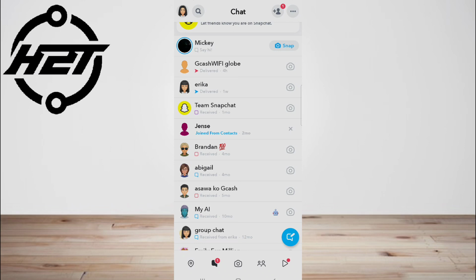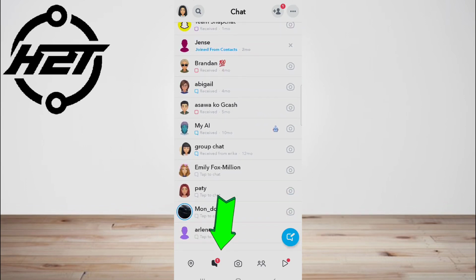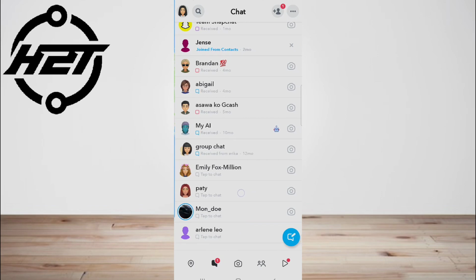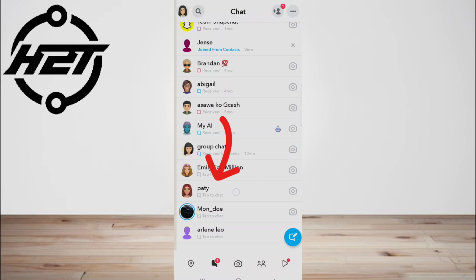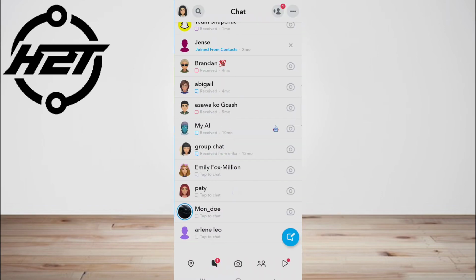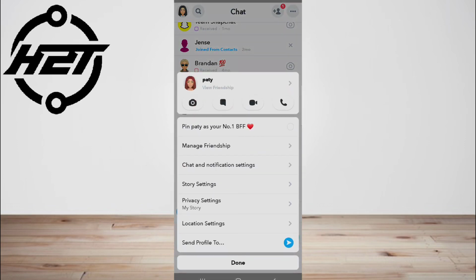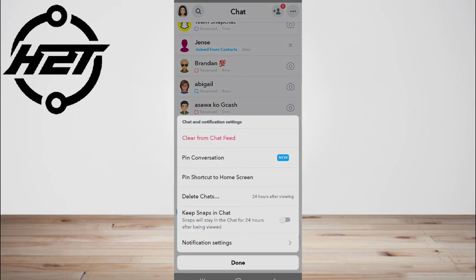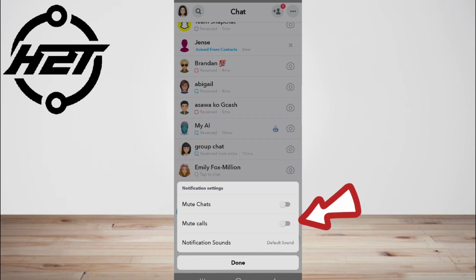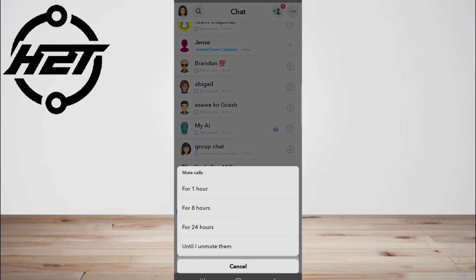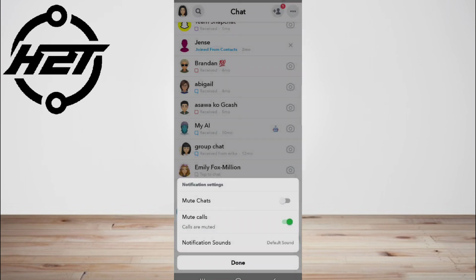To enable, open Snapchat. On the camera screen, tap the message icon next to the search bar. Then, on the chat settings, press and hold the conversation. Then, tap on this. Tap the message notifications. Then, toggle off. Once the message notification is toggled off for any conversation, you won't be notified of new messages and calls from the user.